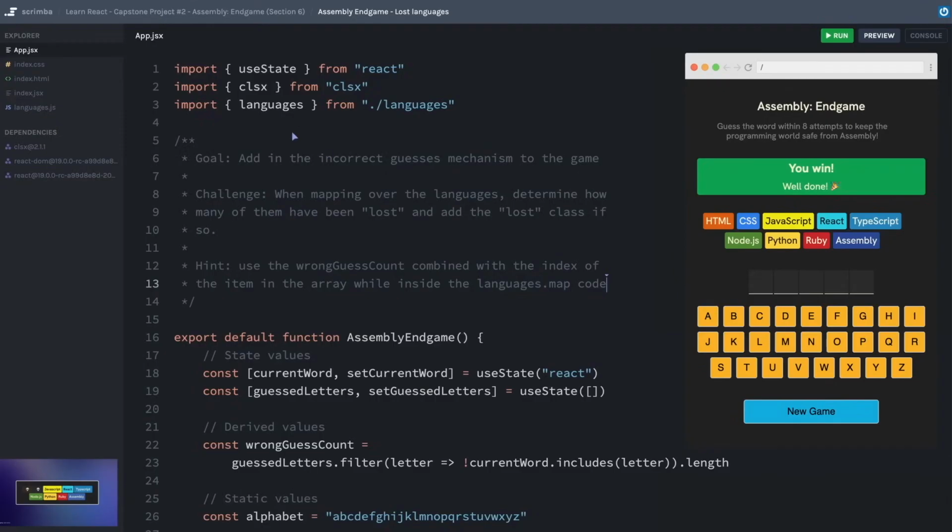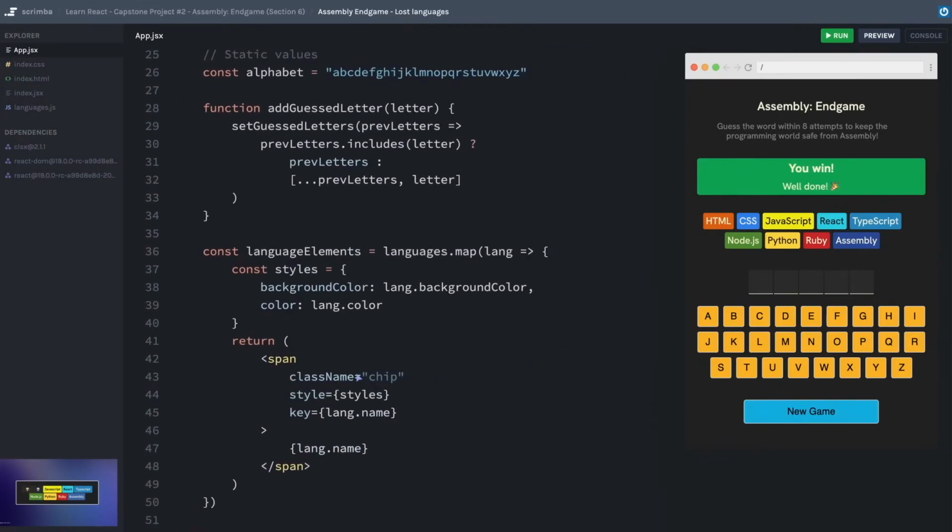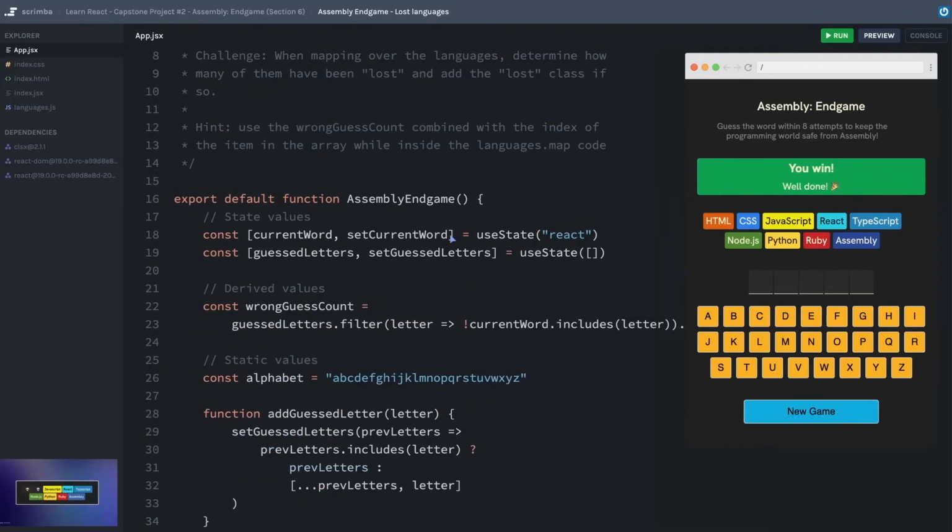You're welcome to use CLSX if you want. If you do decide to use CLSX, you'll need to refer back to the documentation on how you can always include a class name, because right now we are including this hard-coded chip class name and we want to make sure we don't lose that. This one, however, is a relatively easy one to do manually, just right here inside of this class name prop if you'd like. All right, time to get your hands on the keyboard.